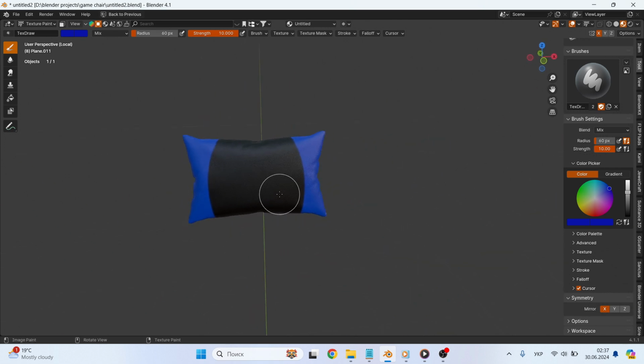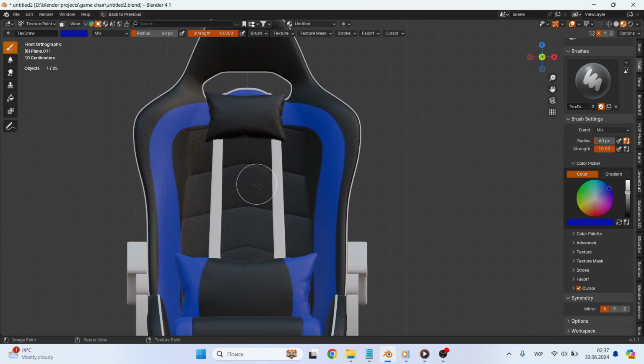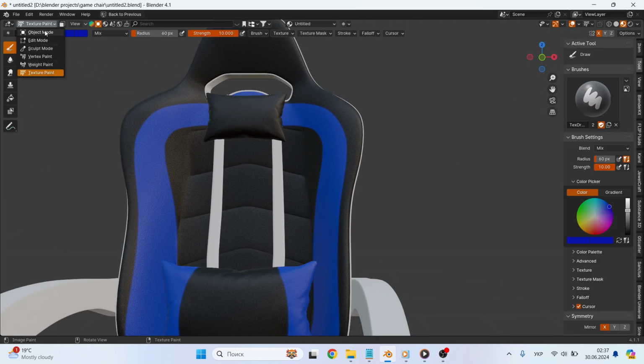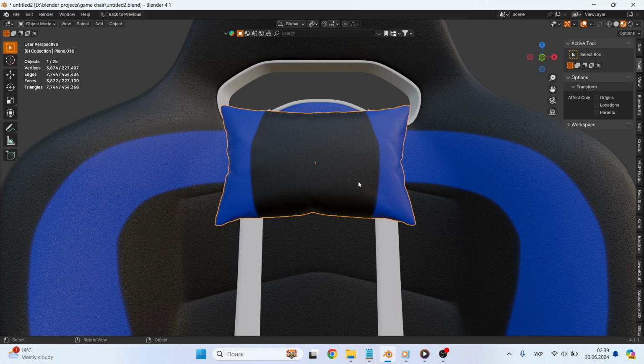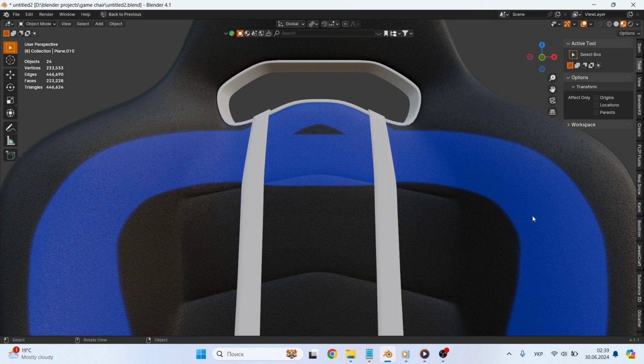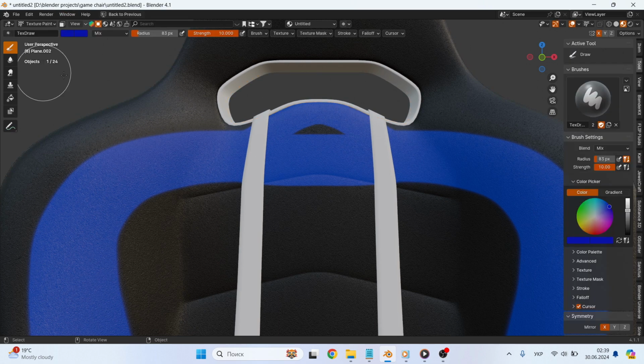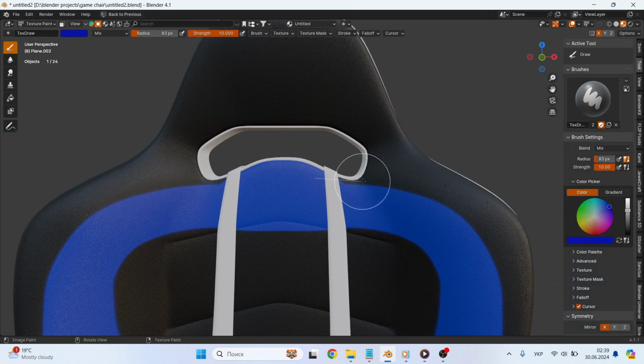Well, I will not show you how to do the second pillow, everything is the same here. Or you can just copy it. There is one thing that needs to be completed, let's press the H button, which means hide, and then paint a little bit the places behind the pillow. You can also fantasize a little and refine your drawing, draw lines a little higher. For example, around the hole, too, so that there is an outline.